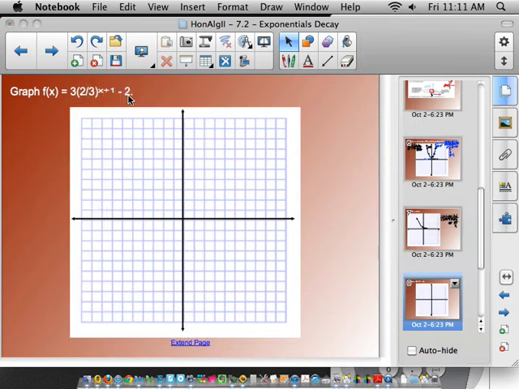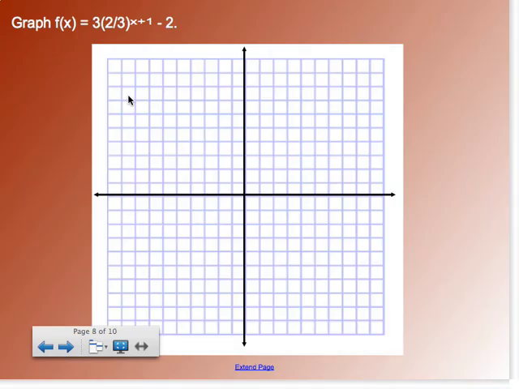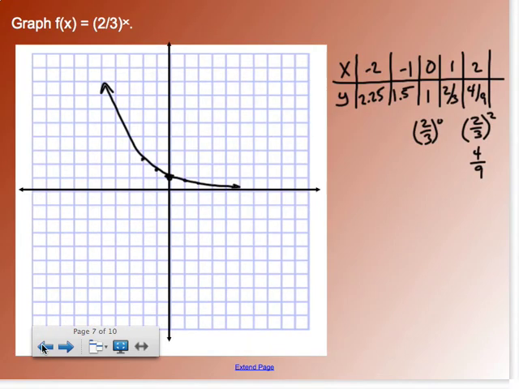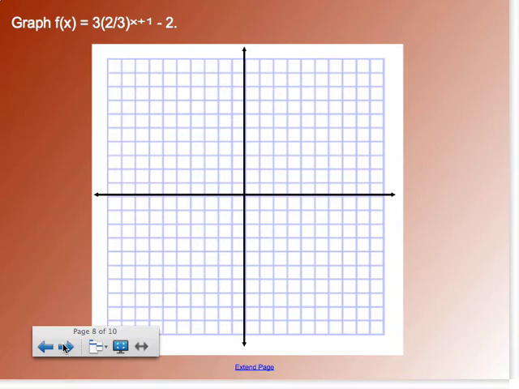If I look at this function, do you see something that's in common from the previous slide? And more specifically, if you go back to the previous slide, do you agree that it's the same parent function of 2/3 to the x, the same base and the same power of x? Realistically, if I were to circle what I already know, I already have this 2/3 x idea, and I already have it graphed. And we know parent functions enough to know what every little piece of this is